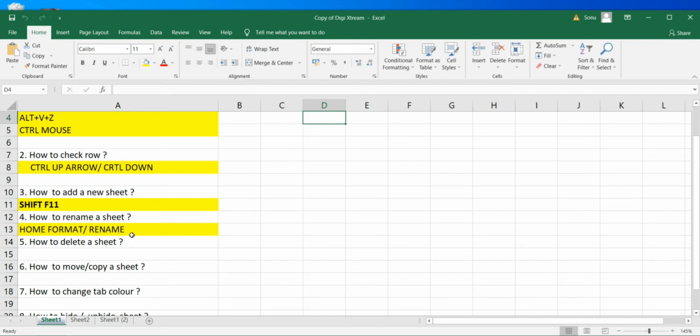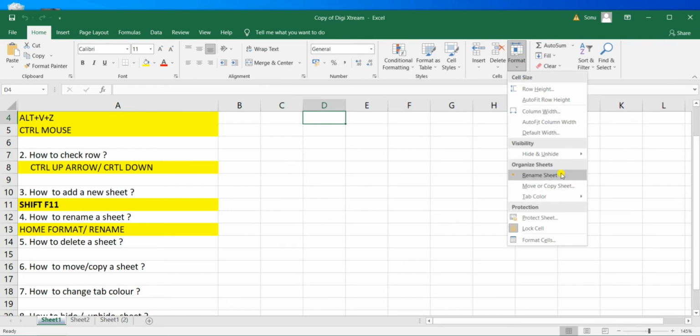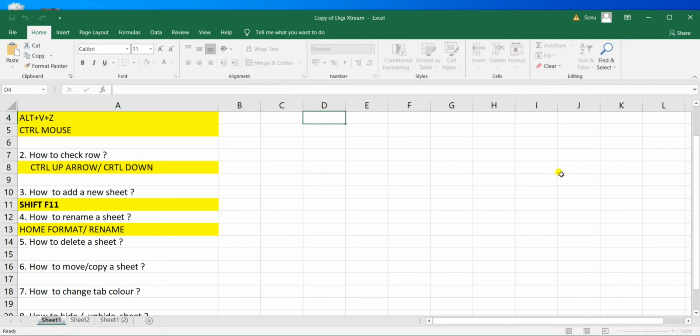Now how to rename a sheet? There are two ways. You can directly go to the format option and there is an option called rename sheet. So let me rename it. Let me put the name Digi Extreme. All right.